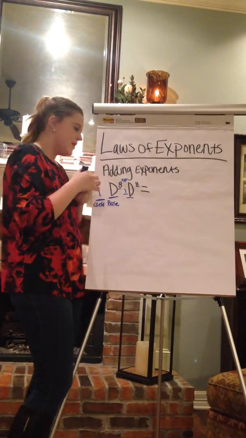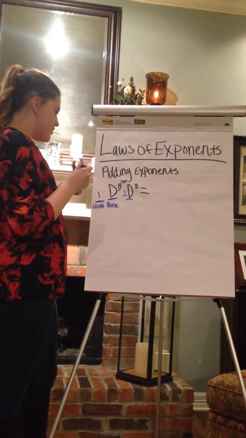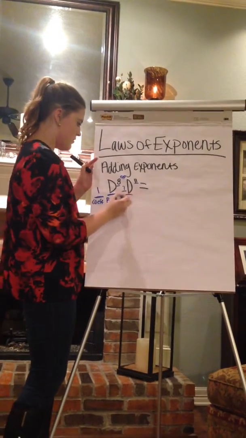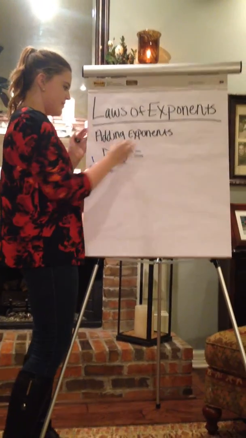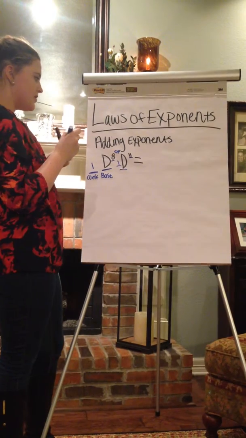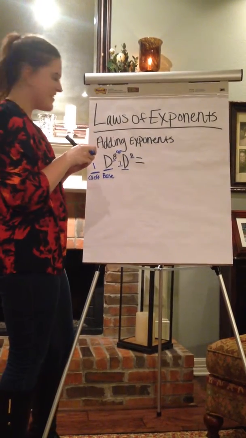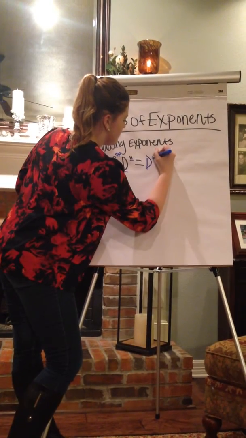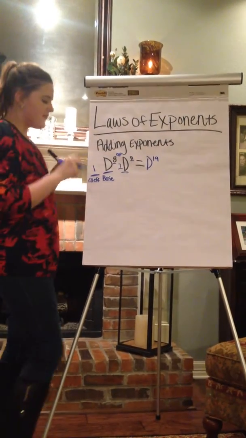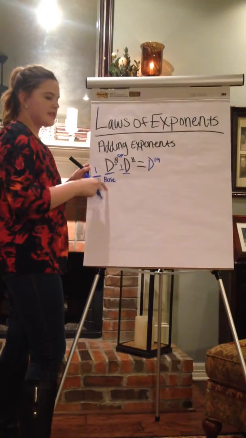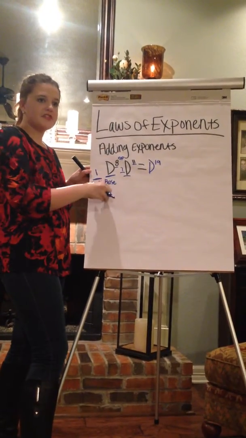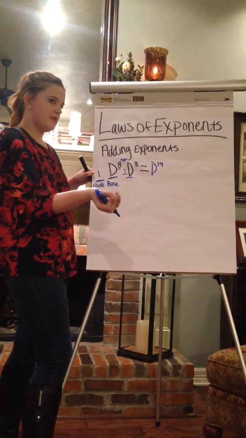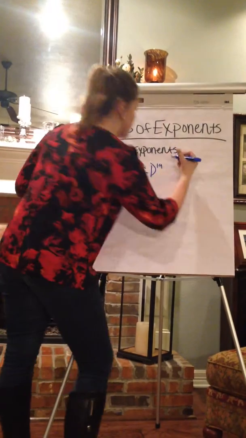the exponent. So when you add the exponent, you have this set up right here. All you do is take the exponents and add the two together. So 8 plus 11 is 19. You have d to the 19th. But if you ever have a coefficient in front of the base, you have to multiply the coefficient, but you add the exponent. So an example of that could be